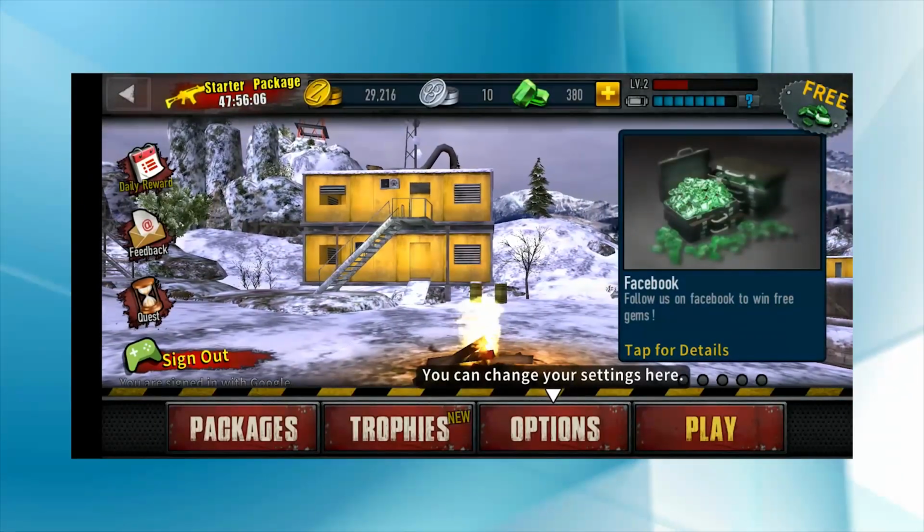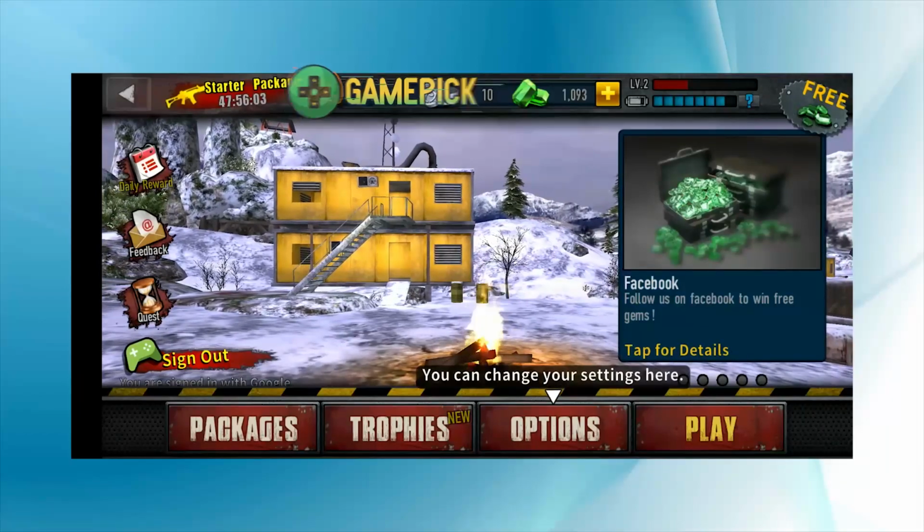As you can see, after I restarted the game, gold and gems are filling up, which means that this method